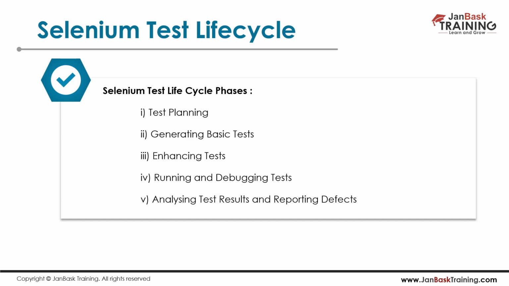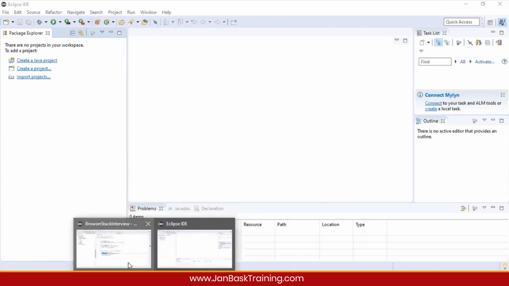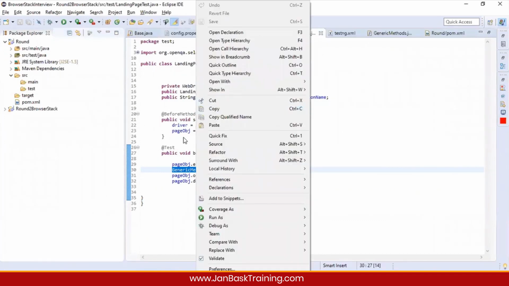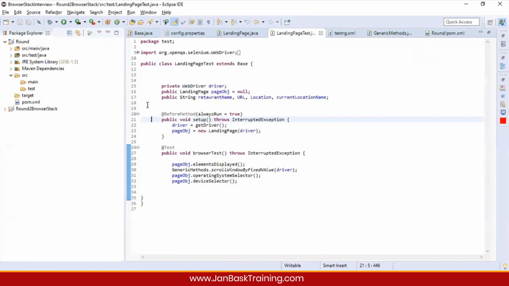Then at times it happens that once the test cases are created and we run them, they might execute successfully, but at times they will throw an error. Once the error comes up, you need to debug the test. You need to debug the application. Debugging means you need to go line by line and inspect different elements. If you just go in Eclipse, up in this one, you see this thing, Debug As. If I just click over here, this is called a breakpoint.